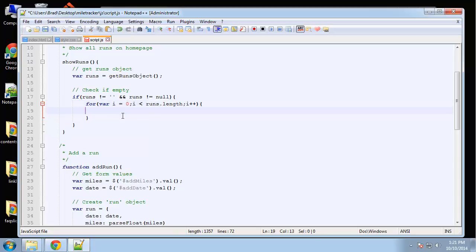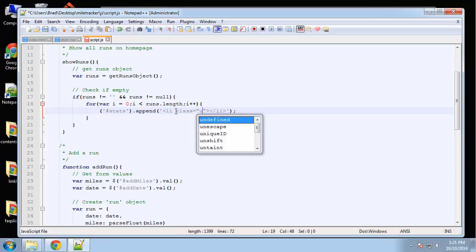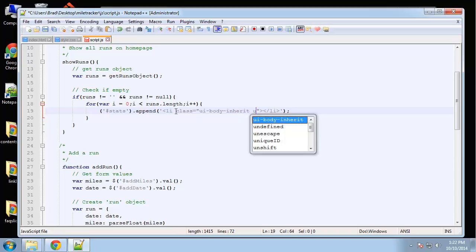Alright, and then what we want to do is append to our stats list on the home page. So stats, then we want to say .append. Now there's going to be a lot of stuff in here. First of all, it's going to be a list item. I think we need quotes. Okay, the list item is going to have a few classes. It's going to have a class of ui-body-inherit, and let's see what else,